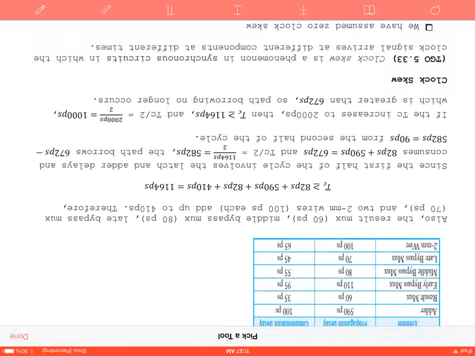1,064 divided by 2, remember, cycle time divided by 2 is part of our equation for calculating this out. So that's 582 picoseconds. We also know that the first half of the cycle involves the latch and adder delays and consumes